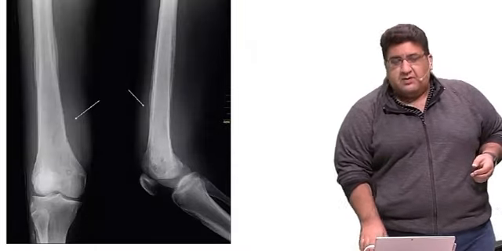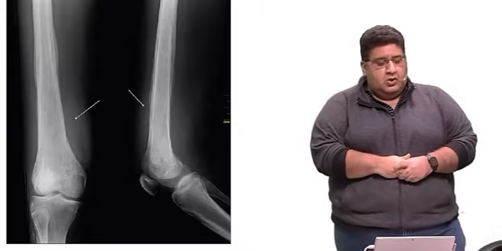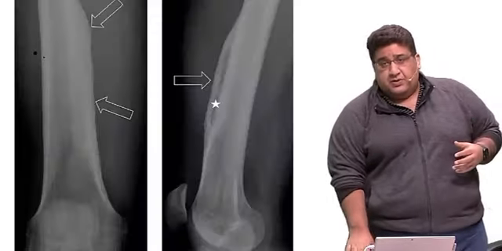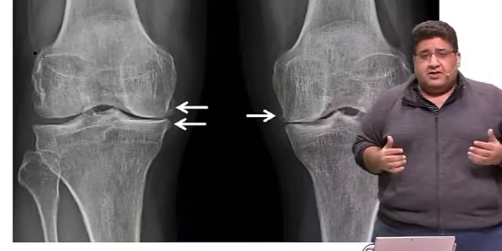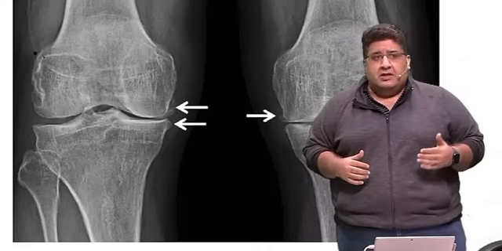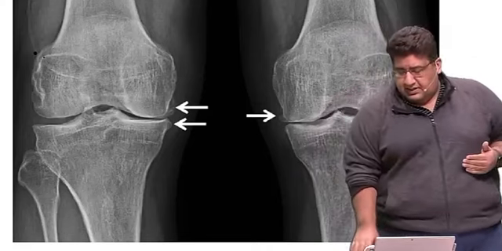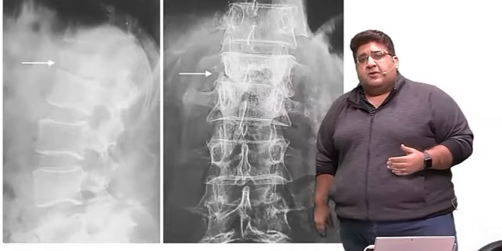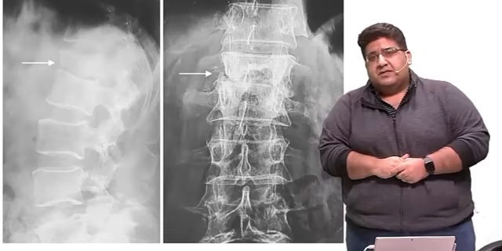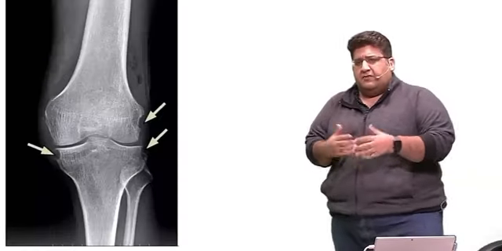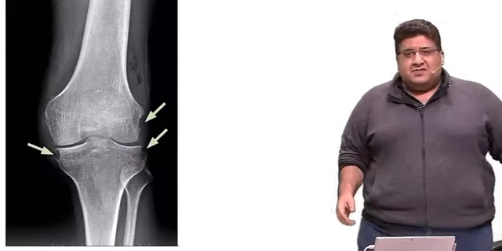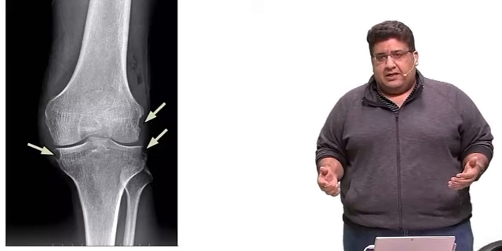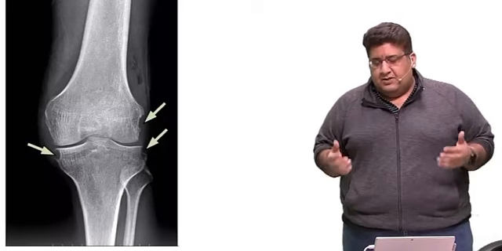Quick recap: the first X-ray sign of osteomyelitis, soft tissue shadow. Is that classical? No. So the classical X-ray sign is periosteal reaction. The first X-ray sign of osteoarthritis, reduction of the joint space, symmetric or asymmetric? Asymmetric. Medial reduction occurs earlier and more than lateral reduction. The first X-ray sign of Pott's spine is reduction of the disc space. The first X-ray sign of TB of any joint is juxta-articular osteopenia. So these are the few first X-ray signs where I wanted to integrate my orthopedics with radiology so that it becomes a very high-yielding video for all of you, and you always remember this.